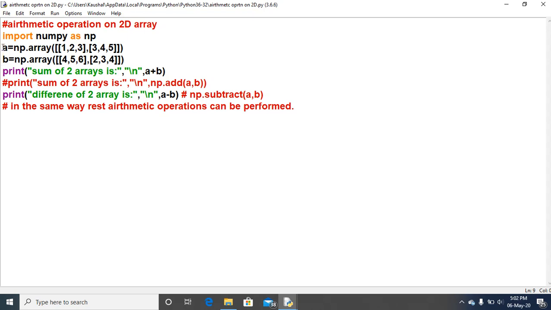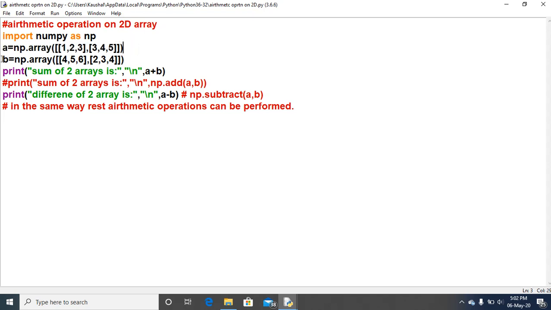Therefore I have created two 2D arrays, because arithmetic operation is a binary operation, so we need two operands for that. So, two operands in terms of arrays, we have taken two 2D arrays. One 2D array is named A, which contains 1 2 3 and 3 4 5 as elements, 2 rows and 3 columns.